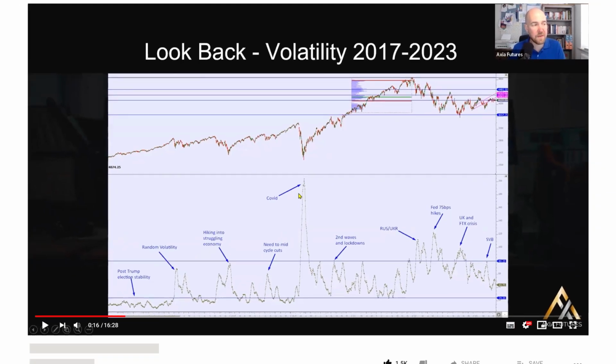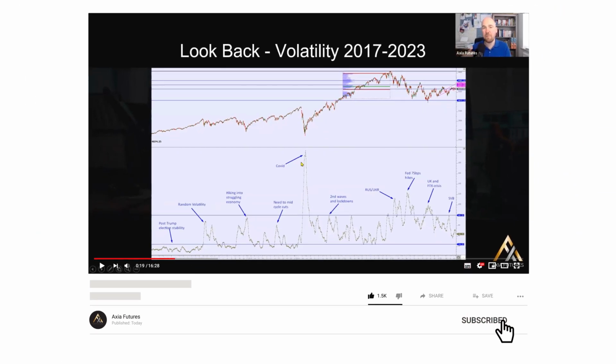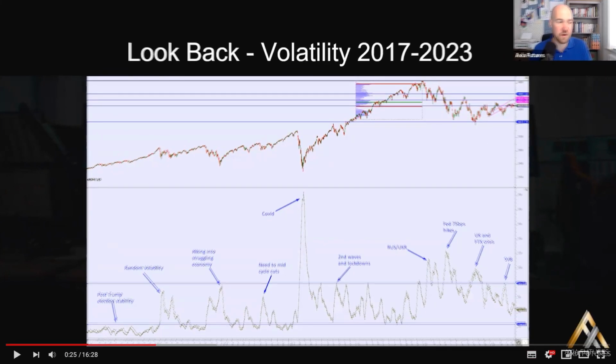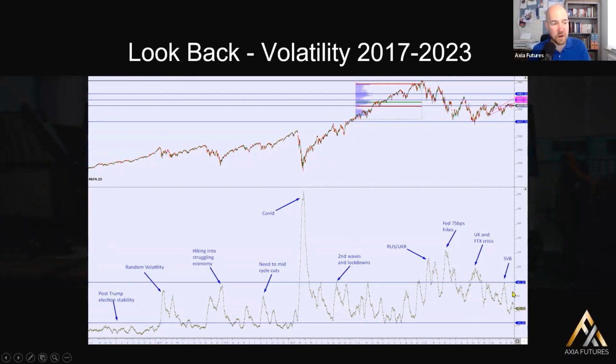What's important about this is to look at it as a gauge of how much movement you can actually get, so you can manage expectations going forward. At the moment, we are falling much more down towards the sort of 24 handles, big tick move on the S&P in a day, rather than the 80. 80 seems to be a rough peak. 25 seems to be a rough kind of trough. So that then manages your expectations of the kind of range of movement that we can be expecting to be sitting within.